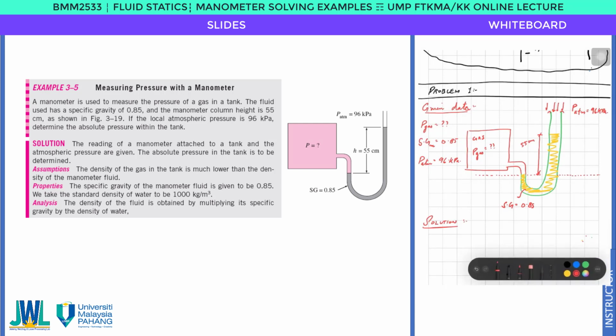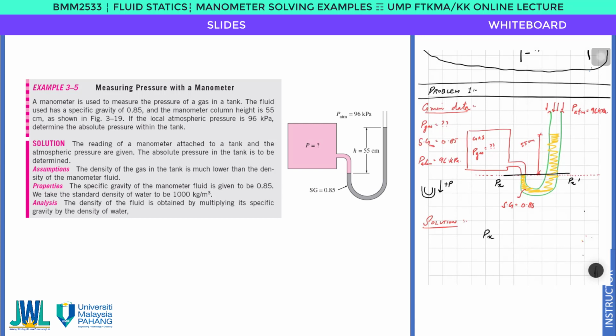So first, this is now a simple U-tube manometer, remember. This is the example of a simple U-tube manometer where we go from top to bottom and the pressure is positive from top to bottom. Rule number 1 is we need to find a line where the pressure is equal. At this junction, the pressures at X and X dash are equal. So Px is equal to Px dash, left hand side equals right hand side.